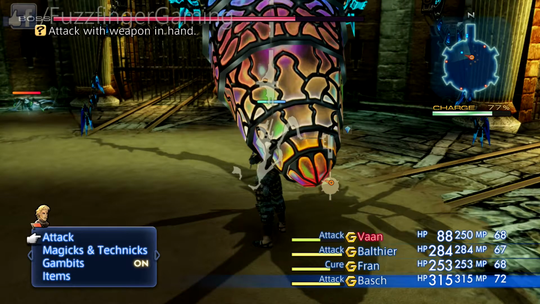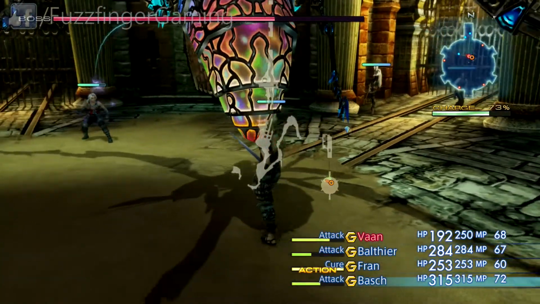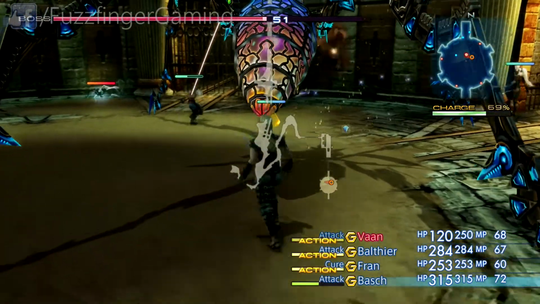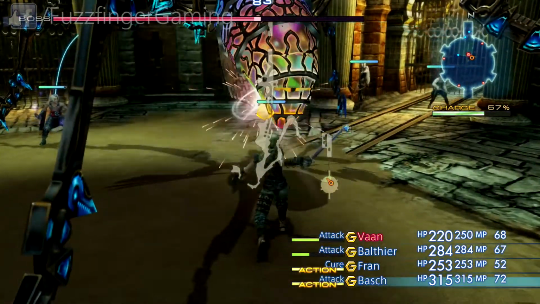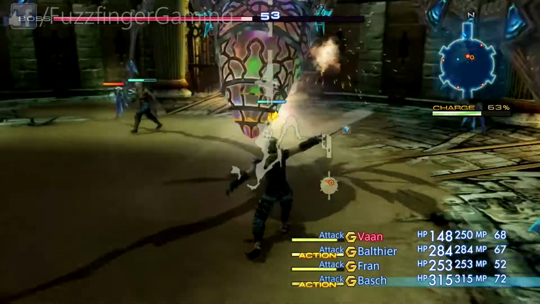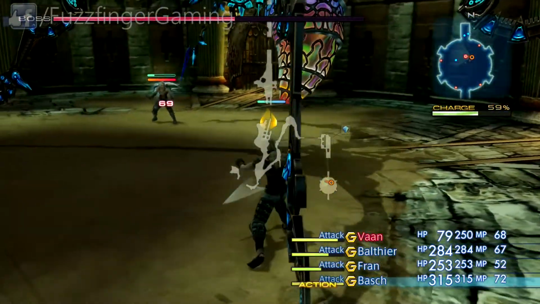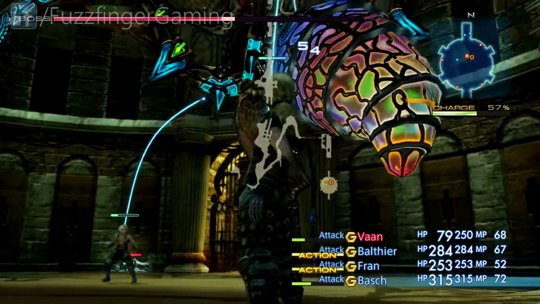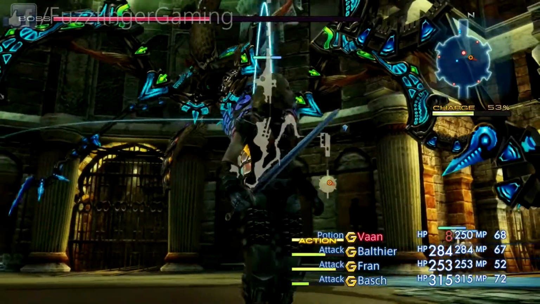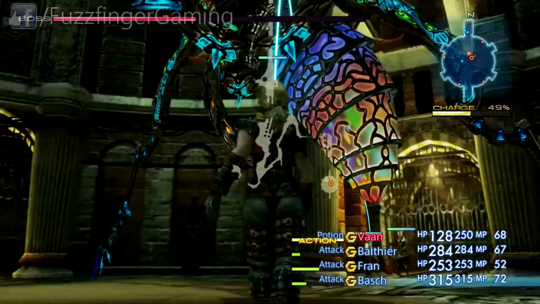Looks like Vaan is going down a little bit on his health levels. Is anyone going to heal him? Yes, they are. So just keep attacking and the boss is going to go down, slowly but surely. See if I can get a nice shot of this boss, because beautiful design, isn't it? Can't really tell from the front, from the back rather, but